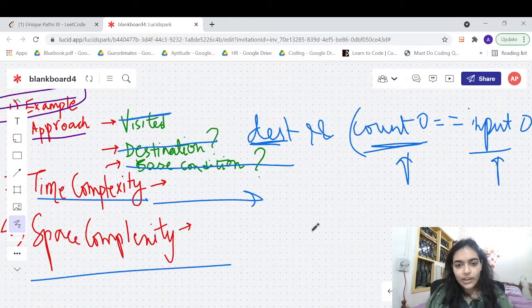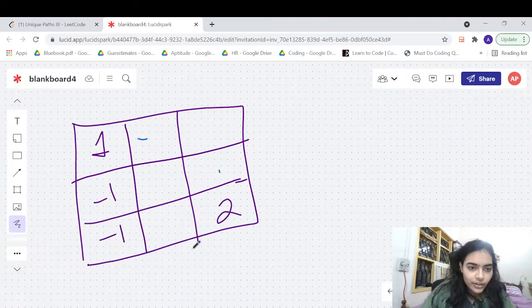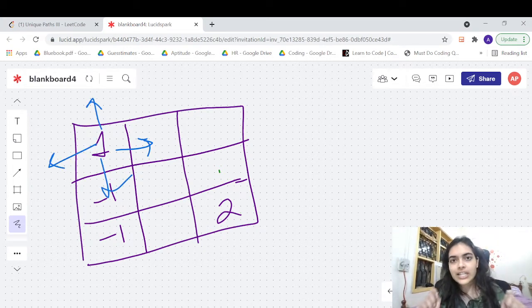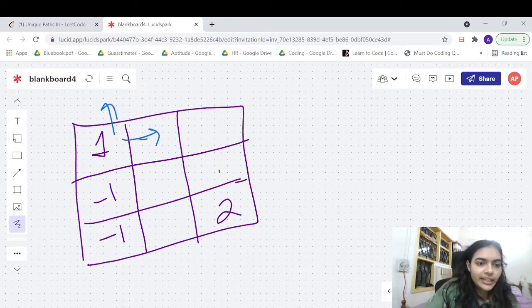So time complexity of this solution. See, let's say you have any particular cell, right? How many possibilities are there of visiting it? Okay. Let's say we start from this cell. So from the source cell, there are 4 possibilities. Let's just discuss the possibilities. It is possible that all the 4 cells may not actually turn out to be the cells that we are going to visit, but still there are going to be 4 possibilities that you can start from, right? So you can visit all the 4 neighbors.